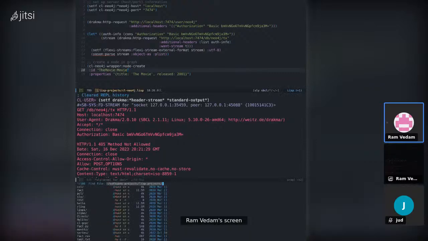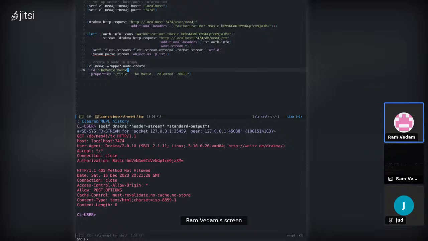Let's see what happens. Well, this makes sense because it doesn't have ID, but I thought it would pass some of that stuff into the underlying default constructor. But we could do this. We might need to provide, at the very least,